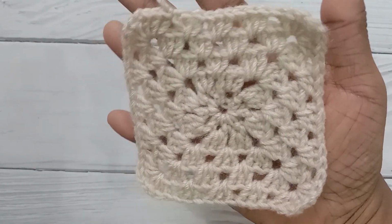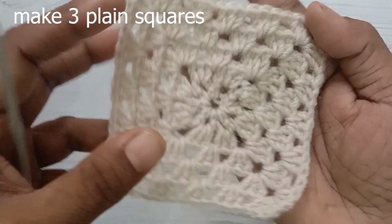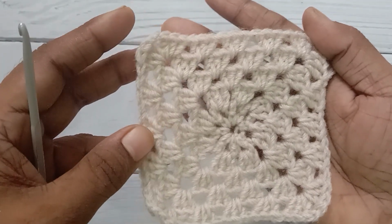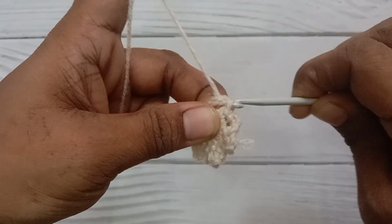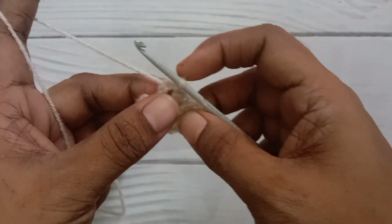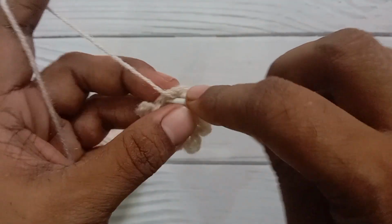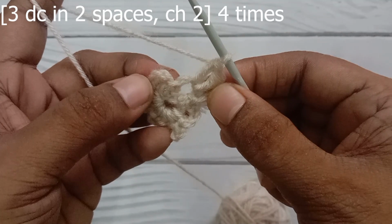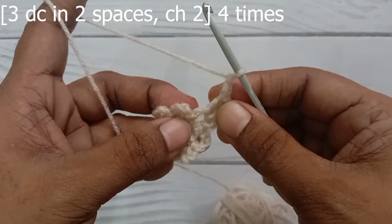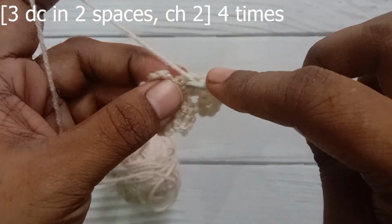And now this is the plain square without the flower. You need to make 3 of these using the main color. Now the first round is the same as you did for the flower square, where you worked 8 chain 4 spaces or loops. So the next round is slip stitch in the next space, chain 3, this will count as the first double crochet, 2 double crochet in the same space, chain 2, this will form the first corner, 3 double crochets in the next chain 4 space,